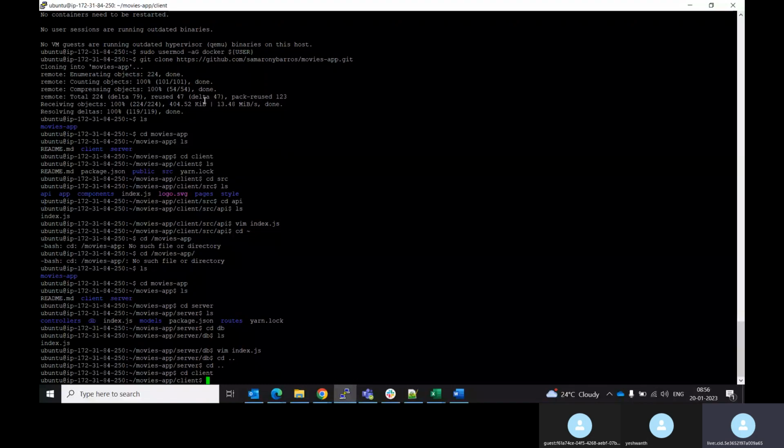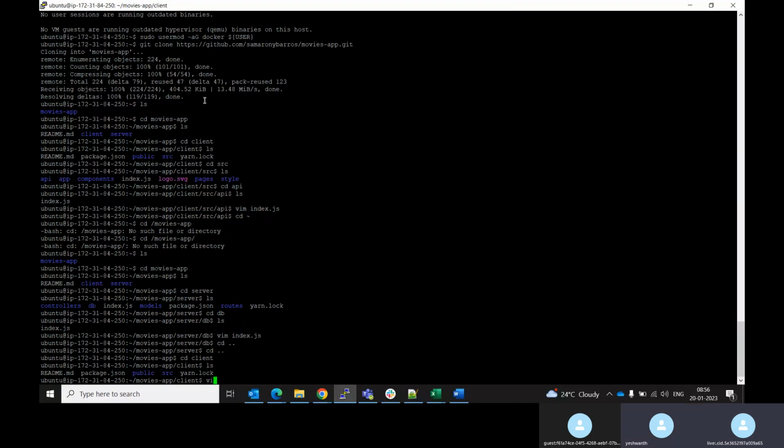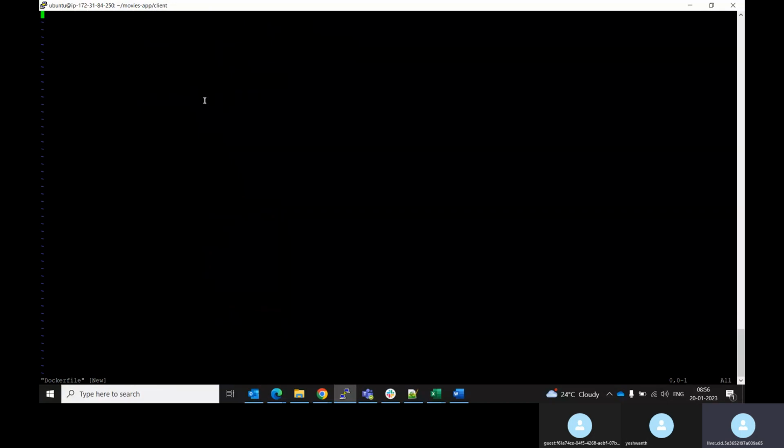We need to create a Dockerfile first, to make sure how whatever we are going to use in Docker Compose is going to run. So there is no Dockerfile. Let me create a Dockerfile. So what should be the commands we have to use? We have to use